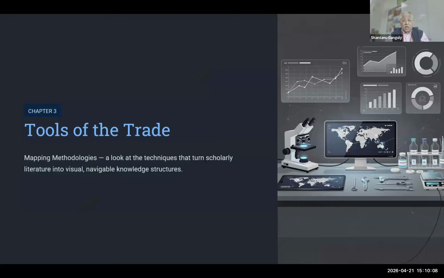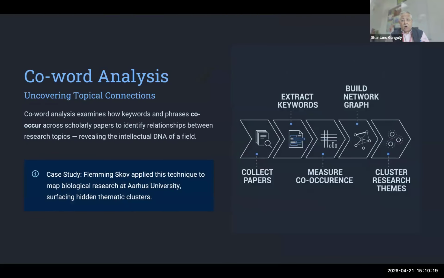It supports strategic thinking, and evidence-based decision making is a very important part of that. Now, the tools of the trade is mapping methodology. So you look at the techniques that turn scholarly literature into visual, navigable knowledge structures. So already you have seen there is co-word analysis, that is how keywords and phrases co-occur across scholarly papers to identify the relationship between the research topics, revealing the intellectual DNA of a particular